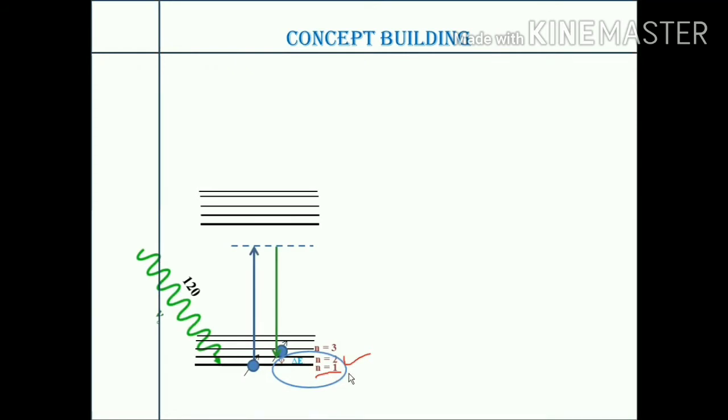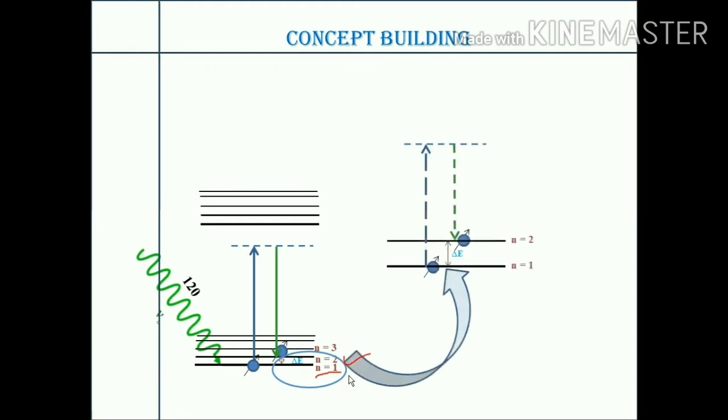Now if we zoom in on only this portion of the molecule, this is the process taking place. It was n is equal to 1 wherein the molecule had started. It was initially in energy level 1. It had acquired the energy from the laser, which we assume to have a value of 120, let's say, and then it moves to the virtual state. After coming back from the virtual state, it lands up in the second energy level.